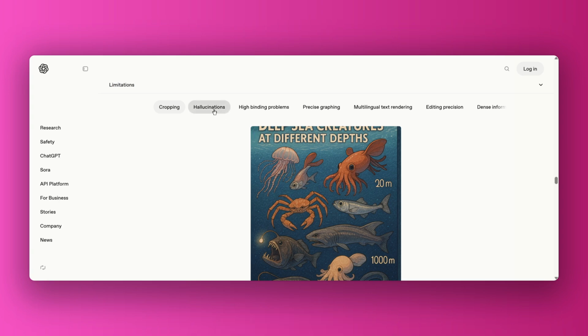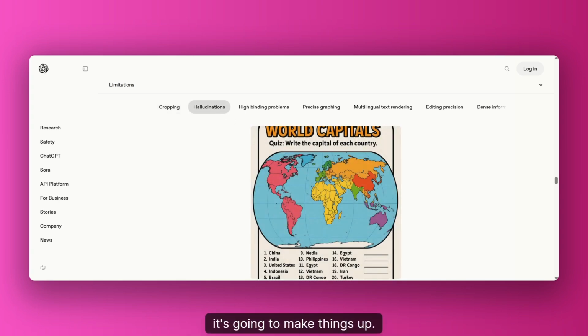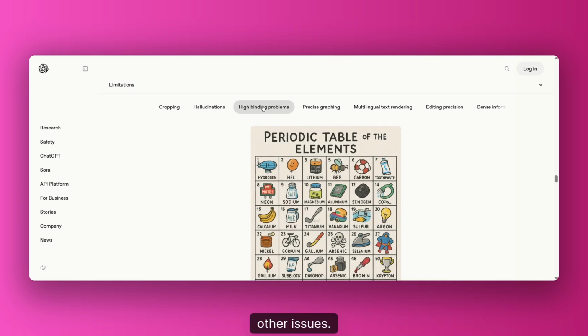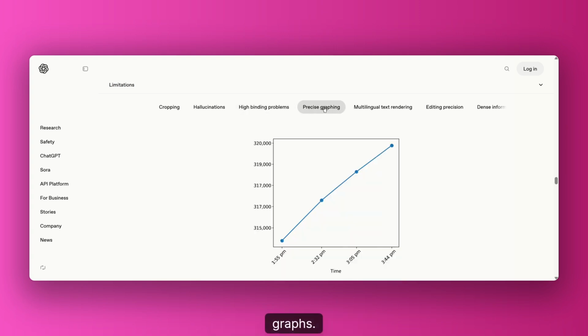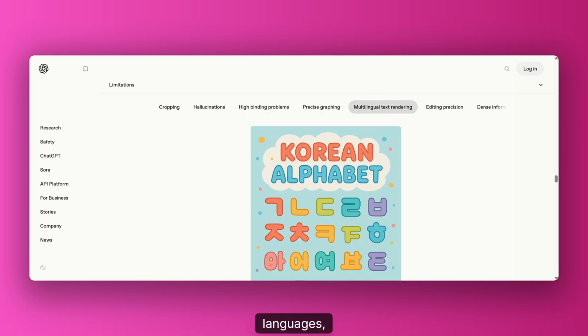Obviously, it's AI, it's going to have hallucinations, it's going to make things up. So you always have to double check. If you've asked it to create something directly from text that you've created, then it's less likely to have a problem. It's when you're asking it to pull information from things that you haven't created that it might have hallucinations. And there's a few other issues, like binding problems, graphs, it may not show graphs properly,